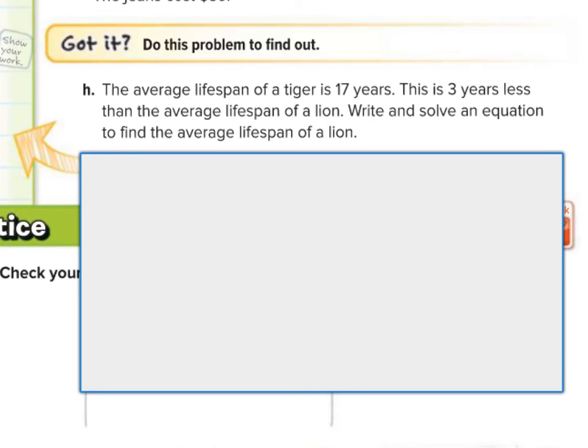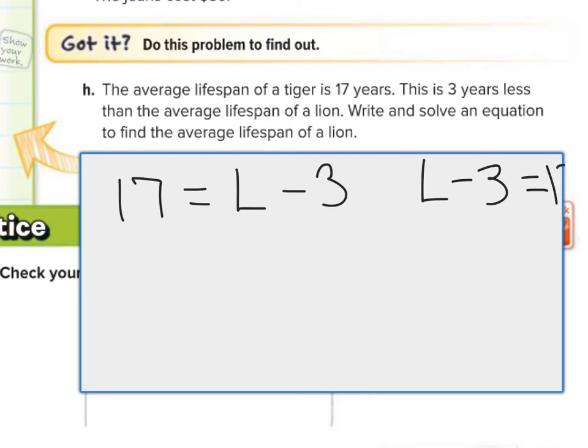So let's see here. The average lifespan of a tiger is 17. And what is 17 made out of? This is 3 years less. So that's 3 years less than what? Than the average lifespan of a lion. So I'm going to write it like that. The tiger is 17, and that is 3 less than the lion. If you really wanted to, you could write it the other way around: the lion minus 3 is the tiger. The lion's age minus 3 is the tiger. Whichever way you write it, you have to use